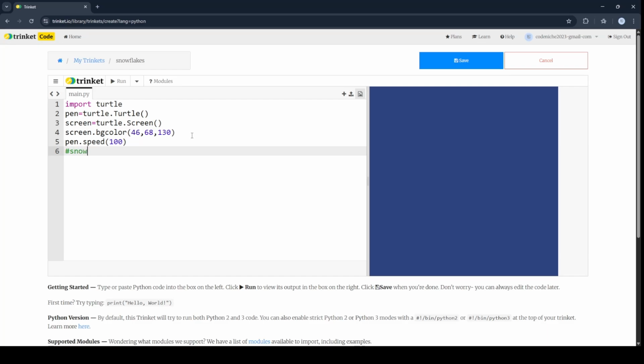Now the interesting part is snowflakes. I'm going to use a comment so that I'm aware that from this line onwards the code to draw the snowflakes is being written. Now we are going to use a loop because a snowflake has lots of branches and all of them are mostly the same. So I'm going to use the same lines of code multiple times, and a snowflake basically has main 6 branches. So I'm going to use 6 base branches in which we will have pen.forward,